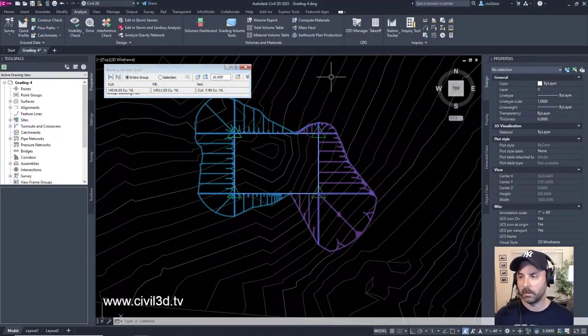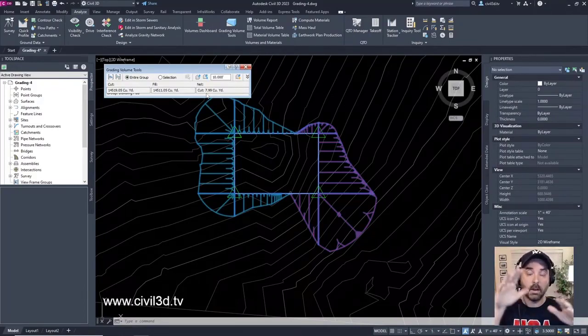So it'll chunk it. Now we're done. Look how close it got. We've got our cut, our fill, and look at that net. It's about 8 cubic yards. 8 cubic yards of cut. So Civil 3D is able to do a lot of the cut and fill volume balancing for you. So if you don't know about this tool, it's very, very handy.